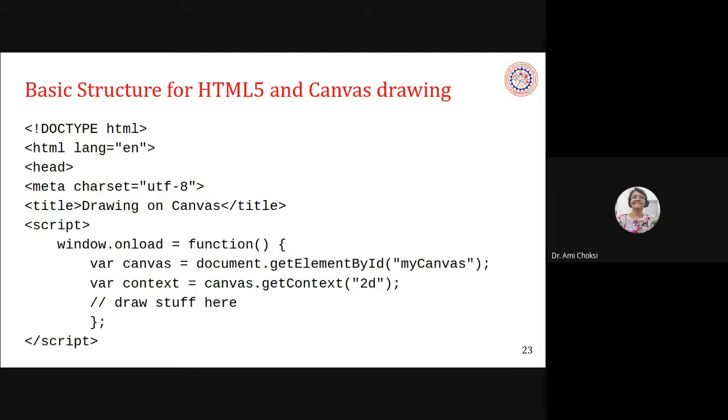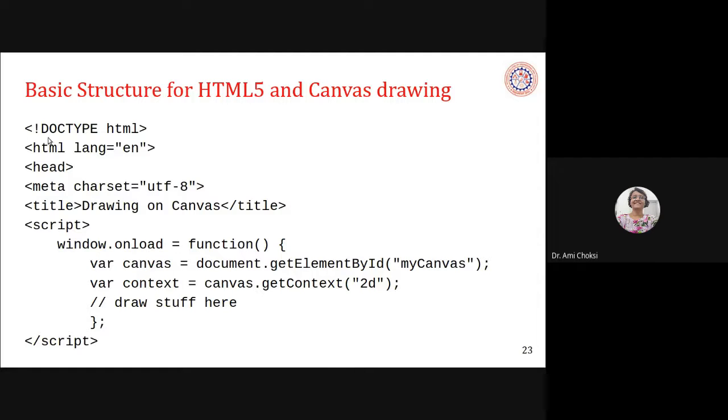I'll say the same thing again and again so that you will remember it properly, because this is coming for the first time to you, so you may not remember that very easily. So we'll tell you that and we'll draw those particular shapes, so we can have the idea. So let's see that basic structure for HTML5 and canvas drawing.